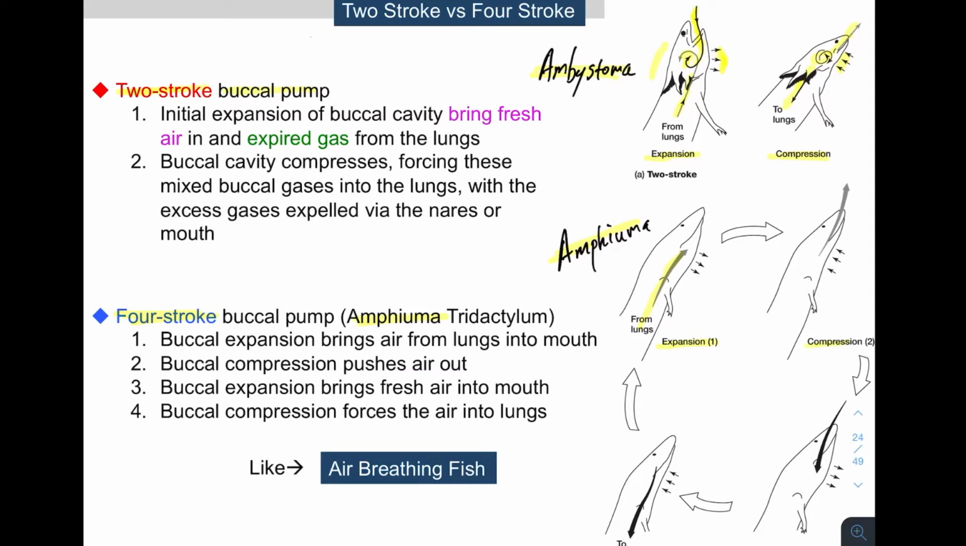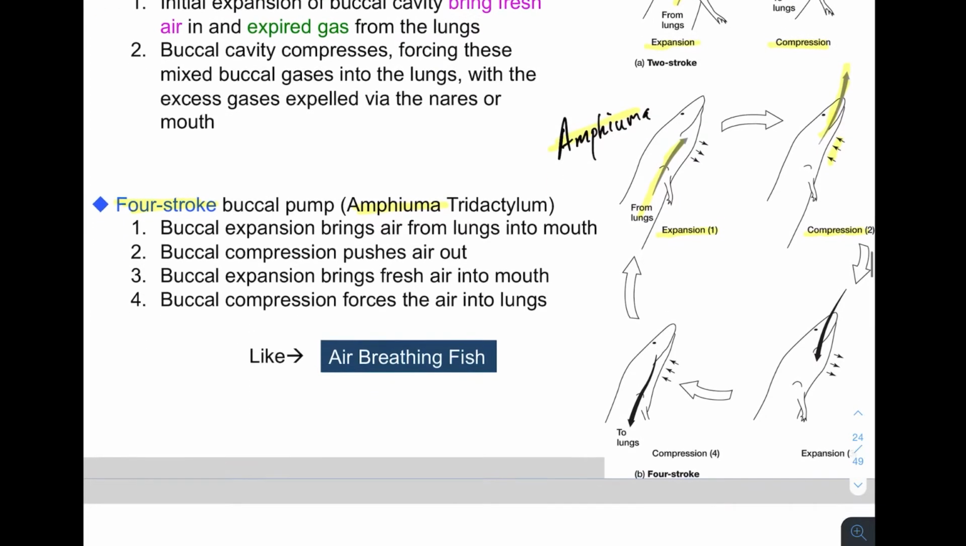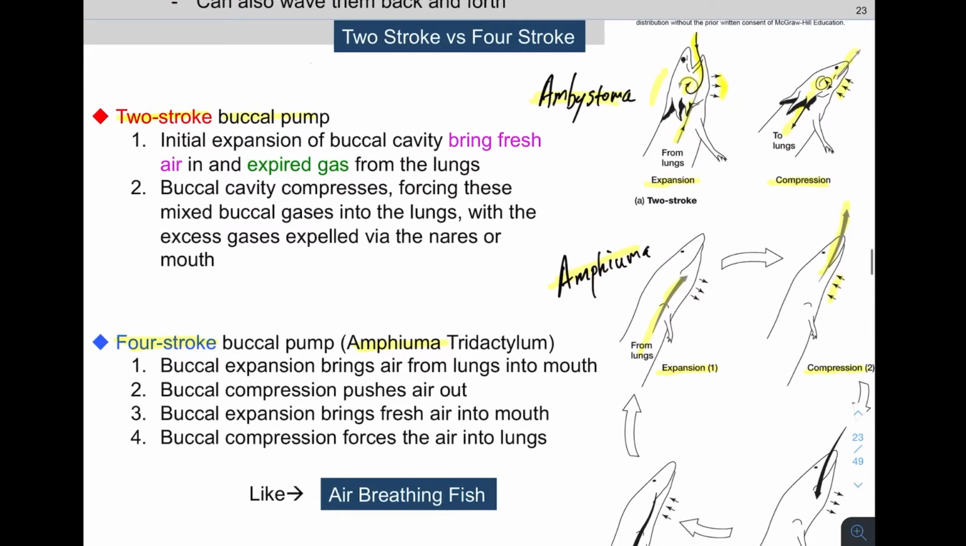In the second phase, we have a compression, and this compression, again, from those muscles around the face and the mouth, will compress the buccal cavity, and that compression is going to push that expired air out. So now basically we have a buccal cavity that is rather empty of air. In the third phase, we have